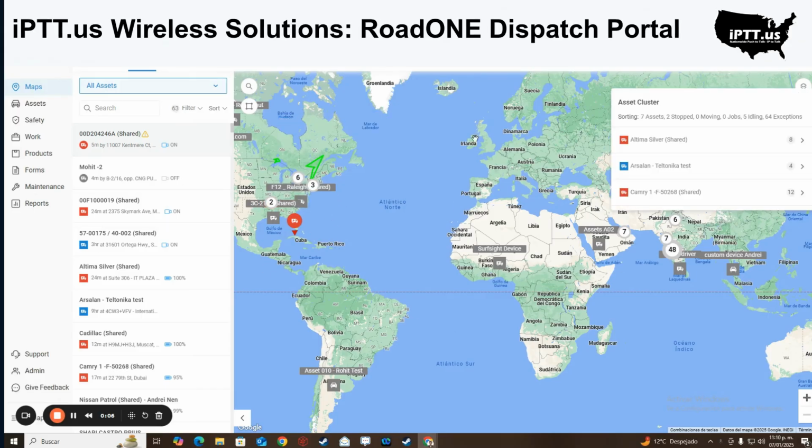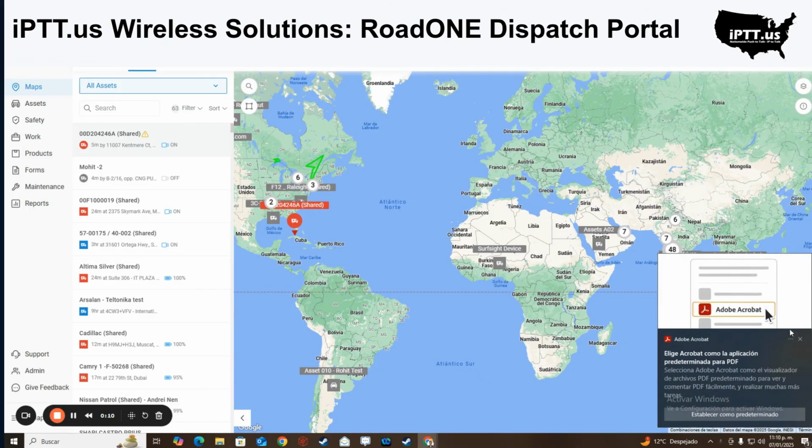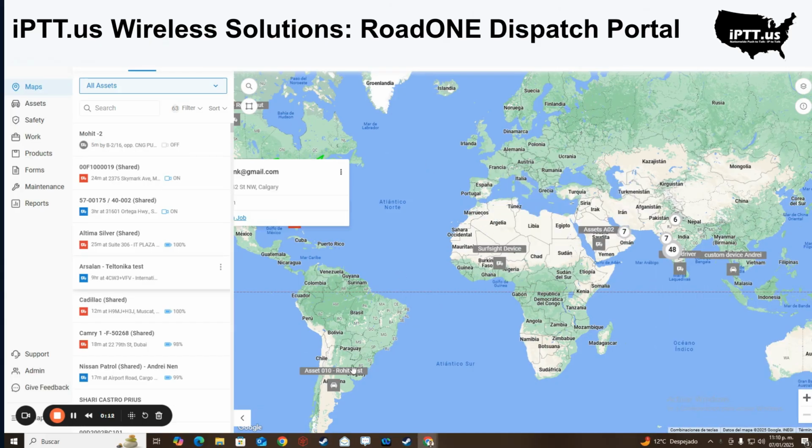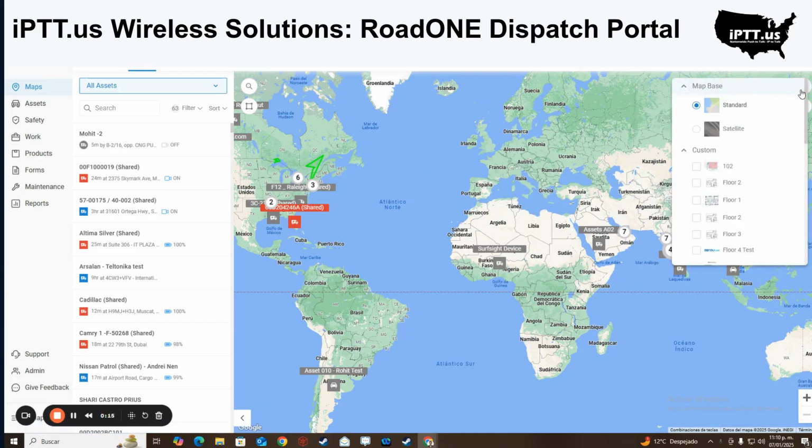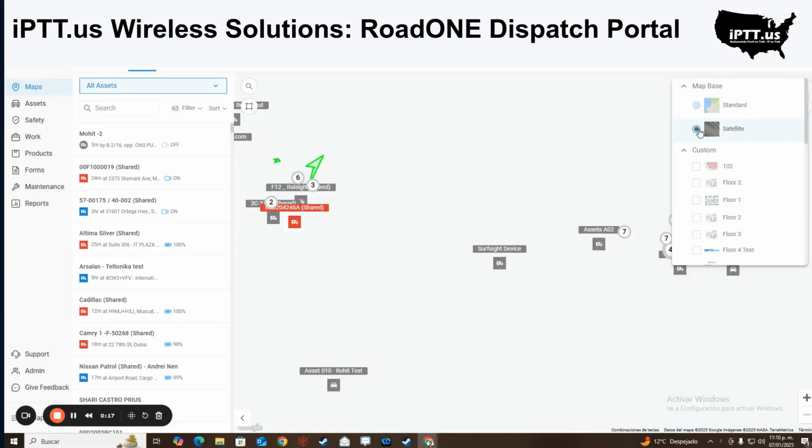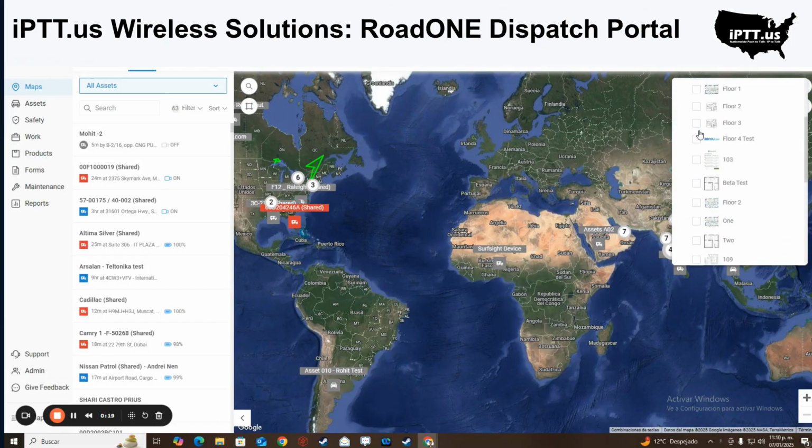I want to walk you through a couple of things from our platform. This is how the main dashboard looks, right? You have the map. You can select map options like standard, satellite, or modern. You can even change a few things like overlay, traffic, weather, locations, if you have geofences, clusters, and you'll see